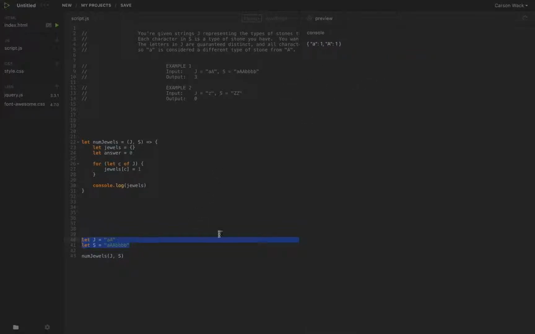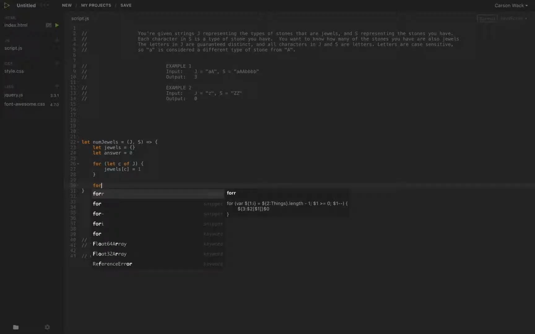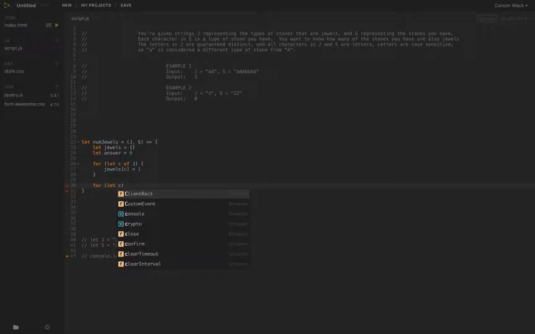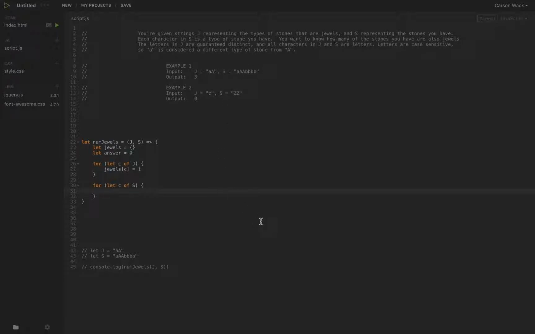It's going to look like this because we're just setting each key equal to 1. So each of these characters is getting set to 1. Now that we have that, we can access those characters in that object in constant time if we do a for loop, and we say for each character in S, if